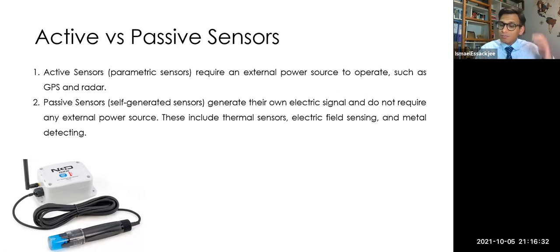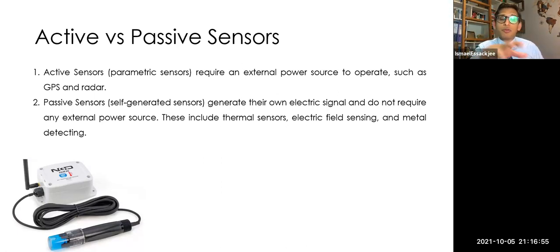Up to you if you want to have an active or passive sensor. You can choose; some are available, some are not. If you have an active sensor, you will need to interface it with an external power source, so be careful. You may need to look for a source of power. At times, if you are installing it on top of a pole, where do you get the power from over there? If it is in a house, you can have the source of power. If it is somewhere in nature, how are you going to do it?